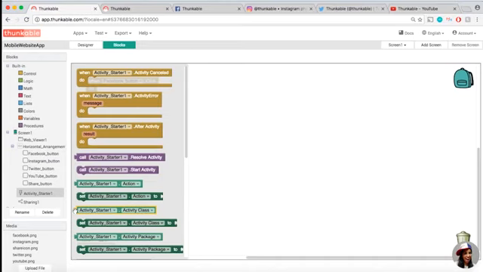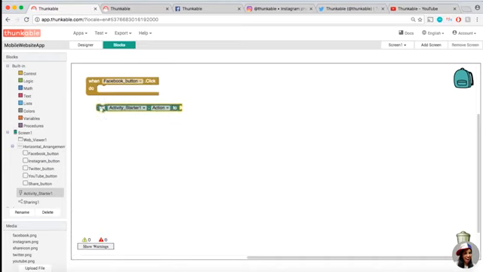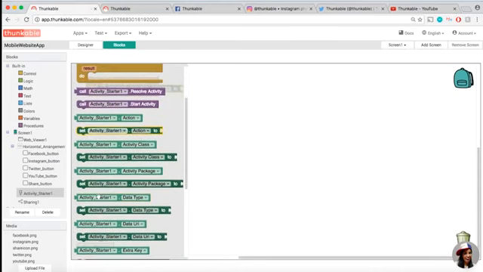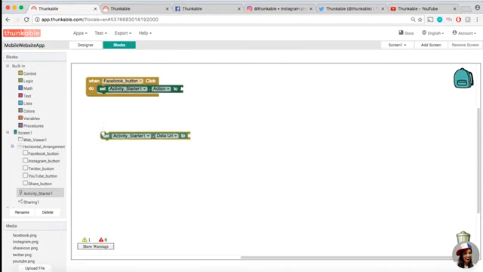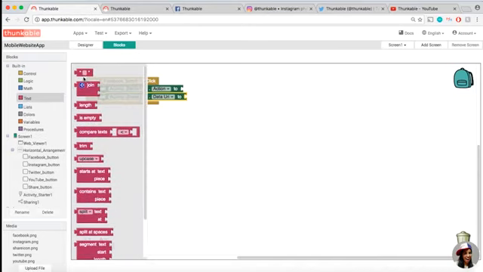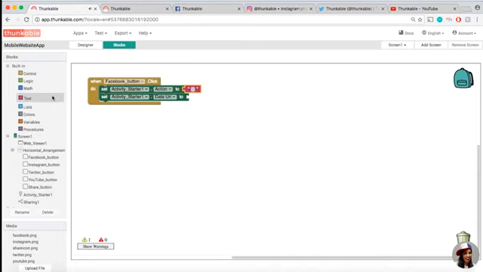We need to set the activity starter dot action, and we need to set the activity starter dot data URL. These two together allow us to open the phone's browser to another app. So I will show you what needs to be filled in for each of these, and you need to have both of them. So I'm going to drag two empty strings here. So for the set activity starter dot action to, you need to type here